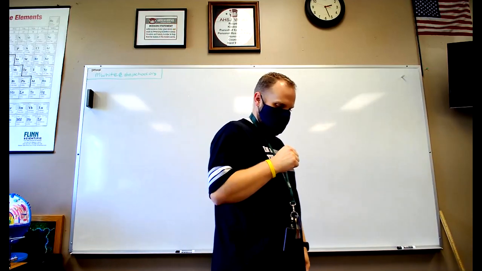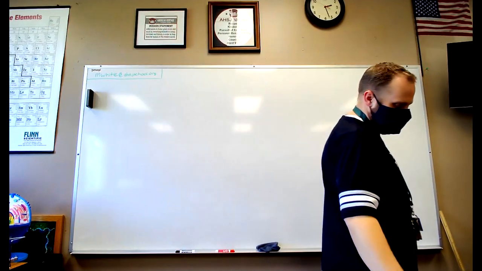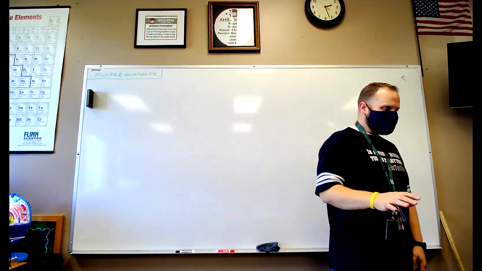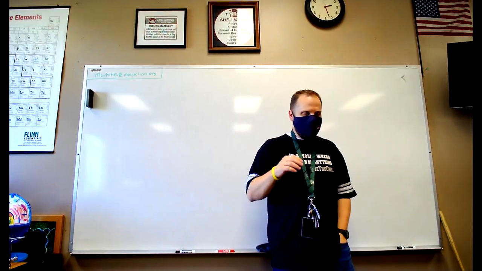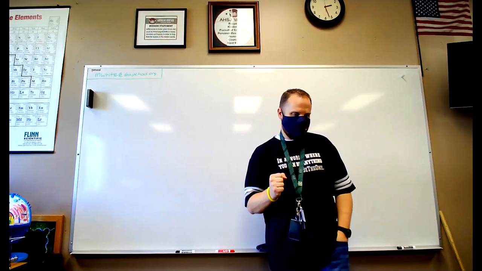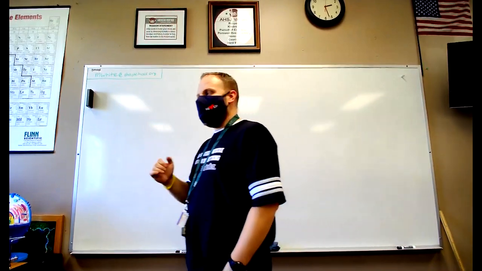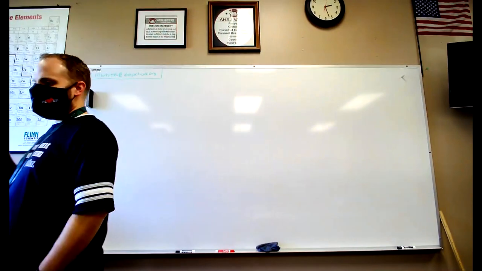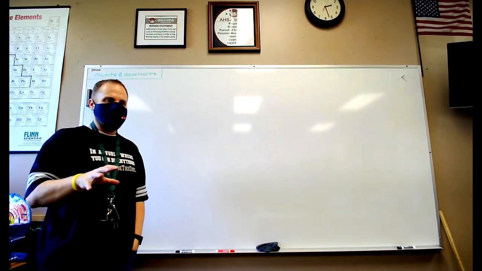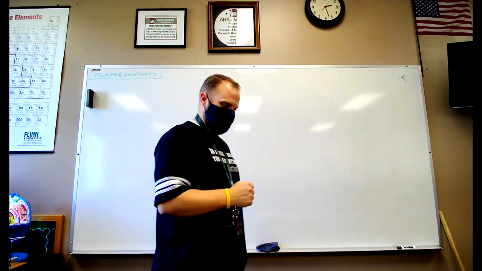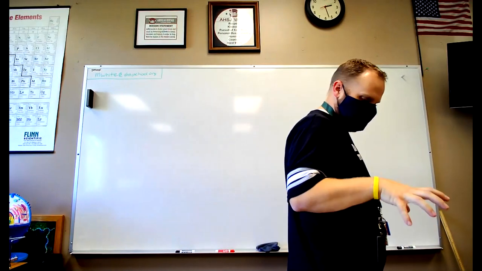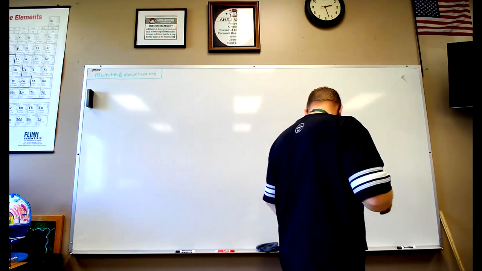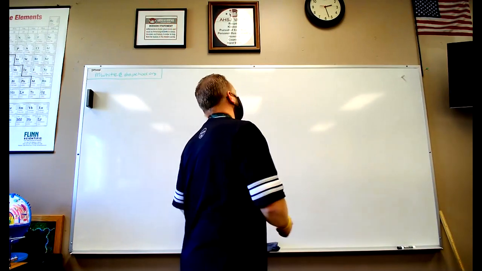We call this the electron configuration, and we need to be concerned mostly about the ground state. Remember, the ground state is the lowest possible energy levels for all of the electrons in this atom. And to figure out what the ground state is, we use something called